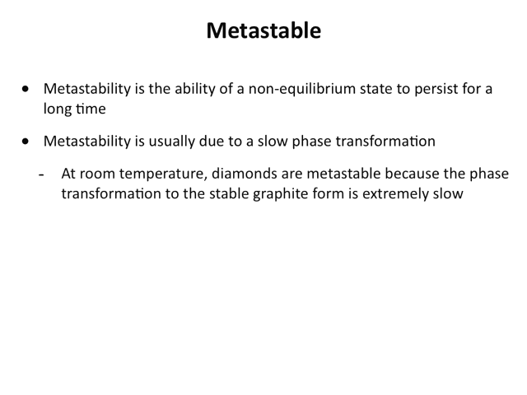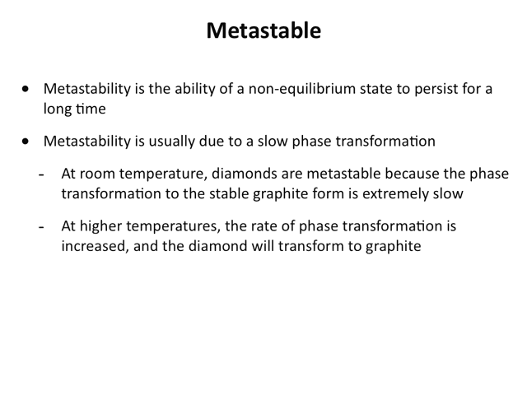An example is diamonds. At room temperature, they're metastable because they transform very slowly to graphite. But if you heat them up, we increase the rate of this transformation, and the diamond goes to graphite. So viruses are the same way. We have to give them a way to go quickly through the phase transformation, and that occurs during entry of